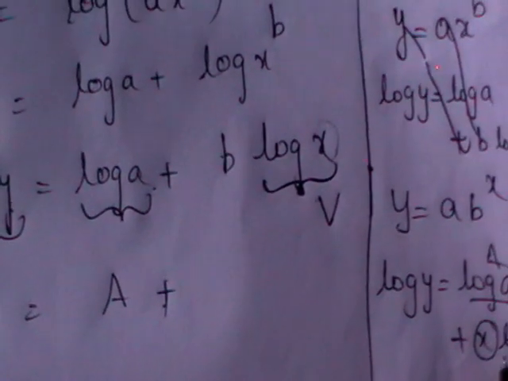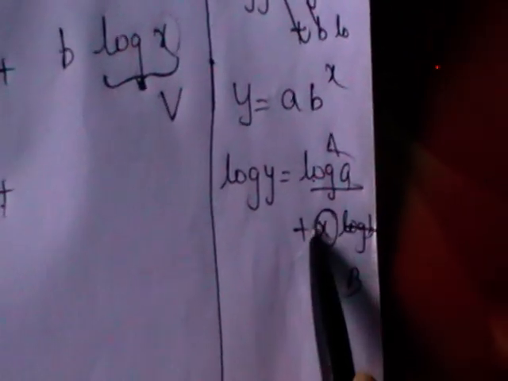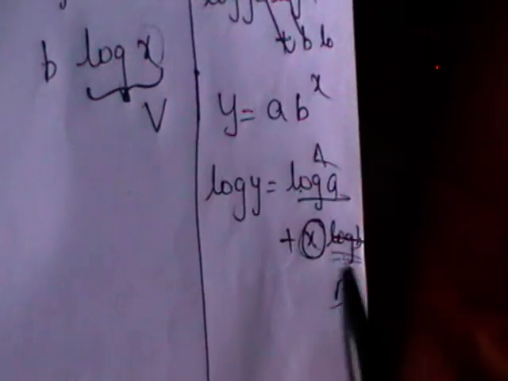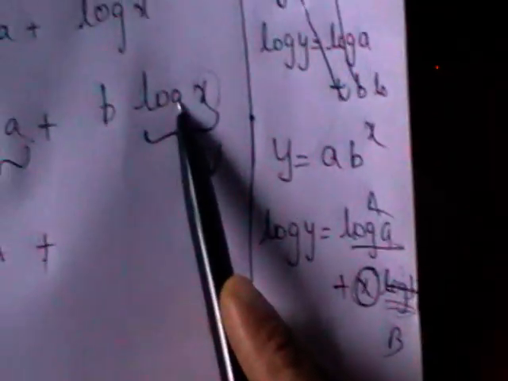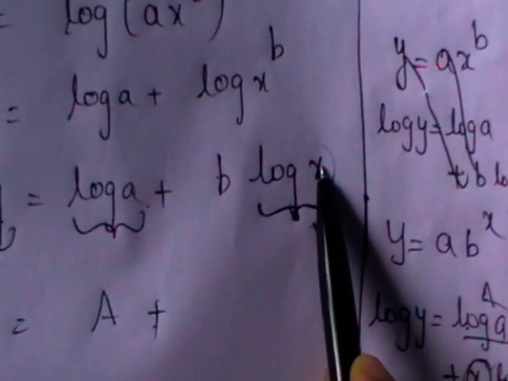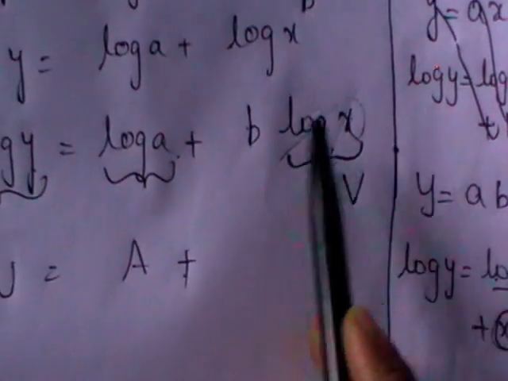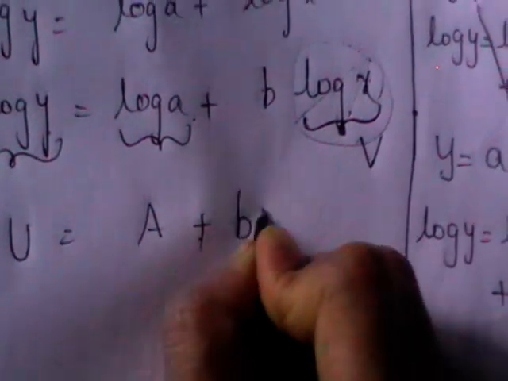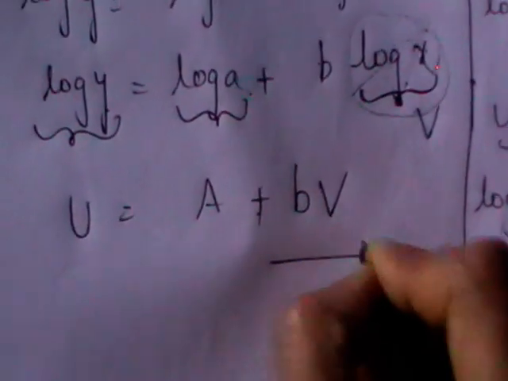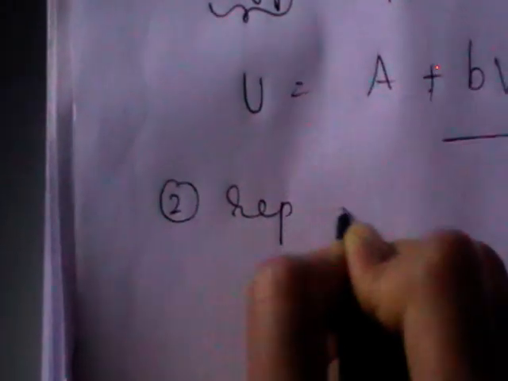Try to understand. In the previous one we have log a plus x log b. So x itself there is separated from the constants, so we took the constant as the new variable there. Here you cannot separate log x. x is associated with a function called log. You cannot separate log and x. So take the transformation log x as a new variable. Then this changes to bv. So I think it clearly represents a straight line. Let it be 1. It represents a straight line.